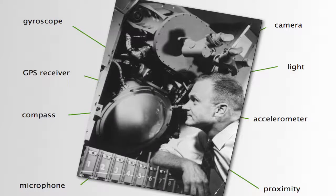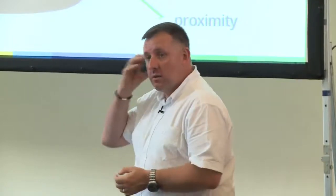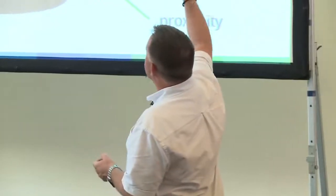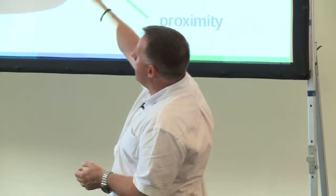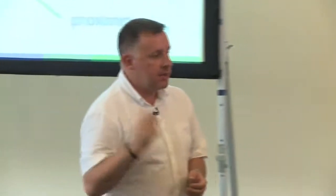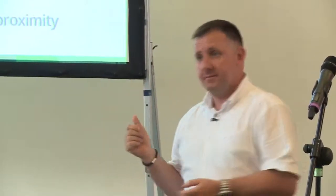What is interesting about many of these devices, and in the future many of the devices that will be connected to the internet, is that they are sensors. This is my phone. This is the Galaxy Nexus, kind of last year's phone in many ways, but it contains a proximity sensor. That's how it knows when you hold it up to your ear to switch the screen off. It's got an accelerometer, so it knows when you're moving the phone around. Obviously, it's got a light, it's got a camera, there's a gyroscope, it has a GPS receiver, digital compass, a microphone. The new Samsung Galaxy S3 also has a barometer in it,